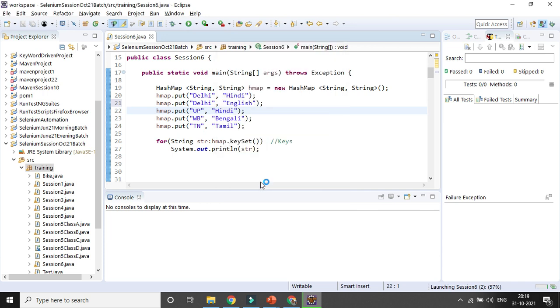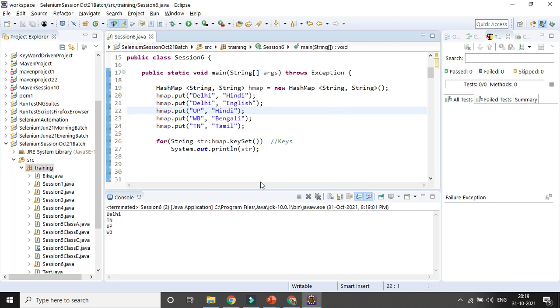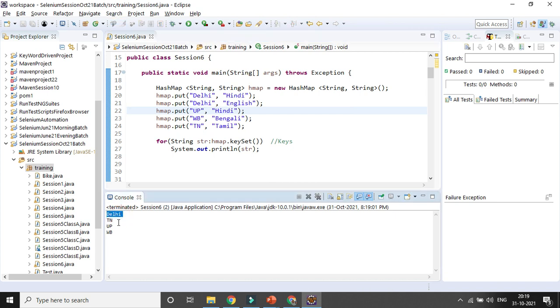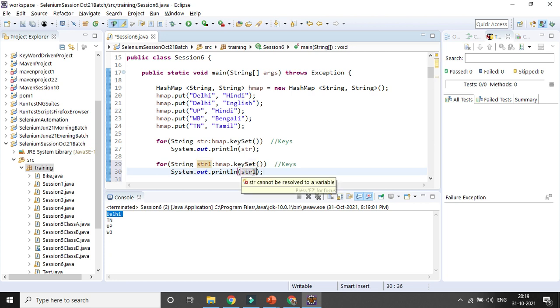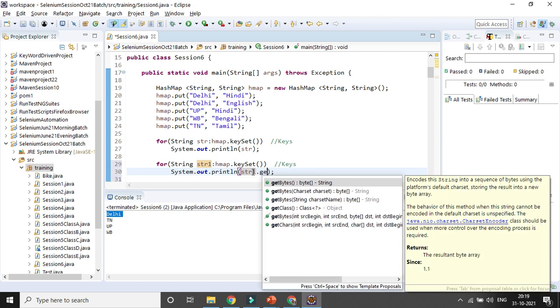Then if you want to get the values here, it will be the same, but instead of keySet it will be values, I think.